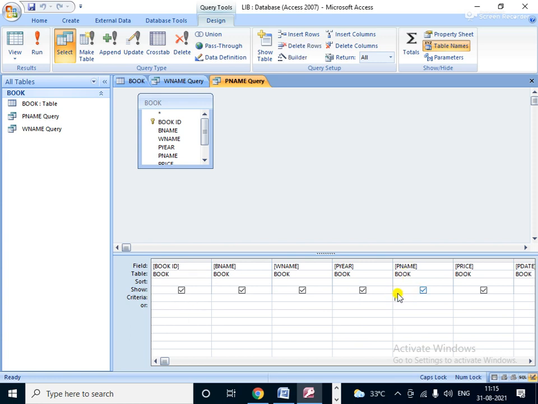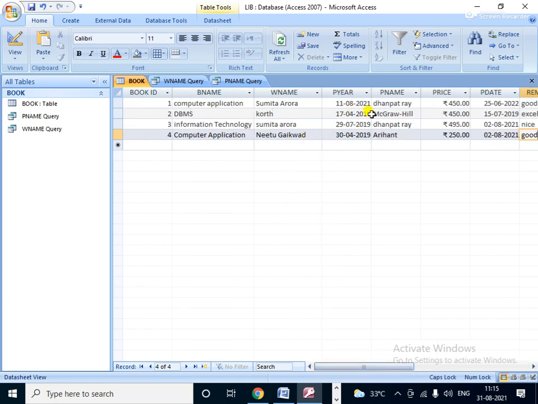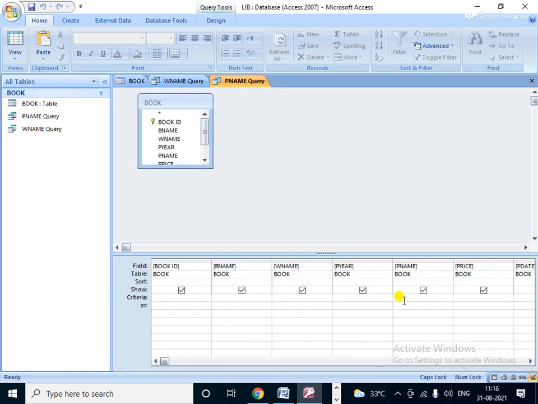You write inside the criteria section, and the book name is there. So suppose, see the names. First you see the name of the publisher is there. Suppose you want to see Dhanpat Rai, so I'm writing here Dhanpat Rai.